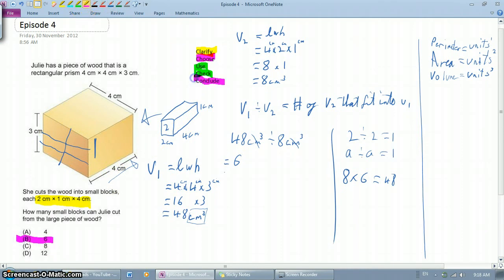Finally, in terms of our conclusion, it's multiple choice, so in this case we'll just circle the answer. But if I was to conclude properly in a written exam or a written context, it would be something along the lines of Julie would be able to cut volume number 1